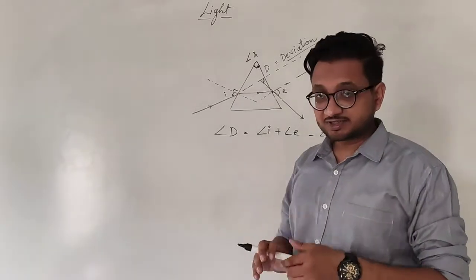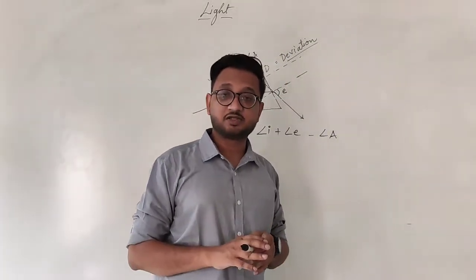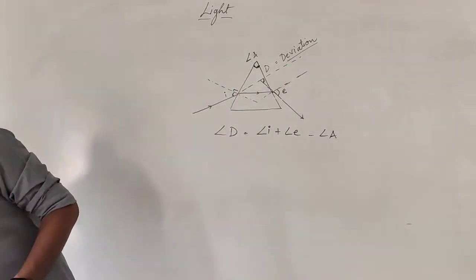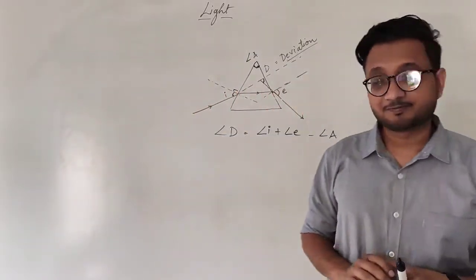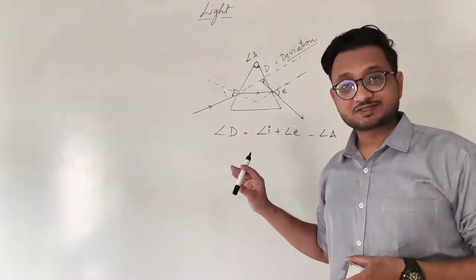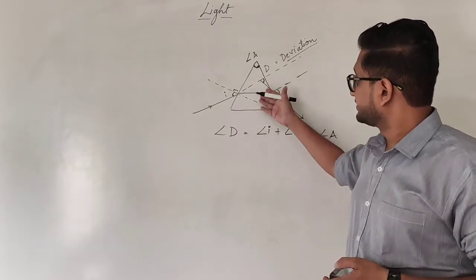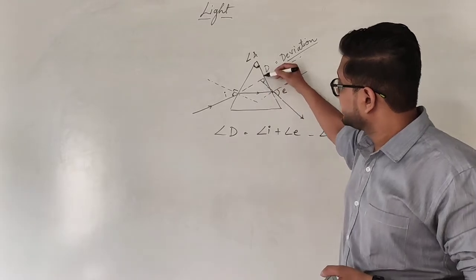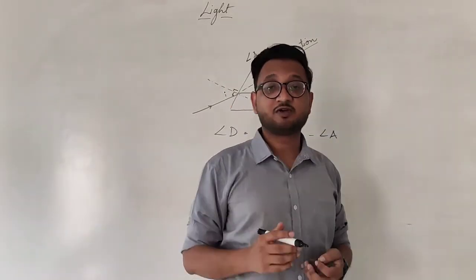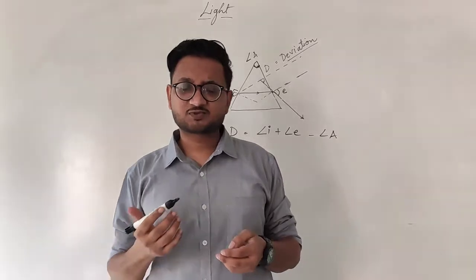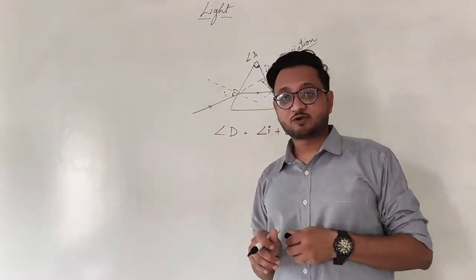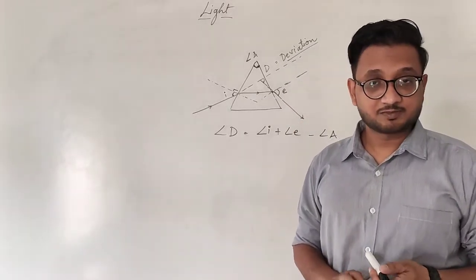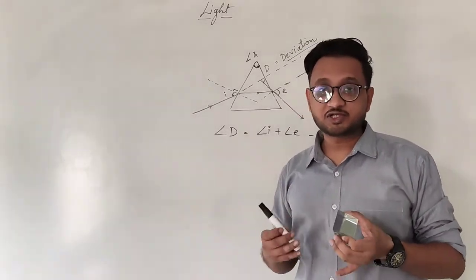So when you are solving this, or when you are doing the actual practical using a white paper and the actual laboratory prism, at that time once you have solved this, you have to find the angle of deviation mathematically first, and then you have to find it using the practical. So see how much you have got the correct answer. If it is 1 or 2 degrees off, then it's fine, you have got the correct answer. Now how to solve this practical in your book, or when you are actually doing the practical.